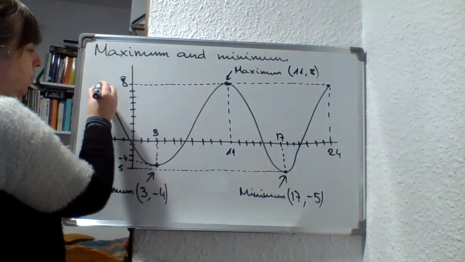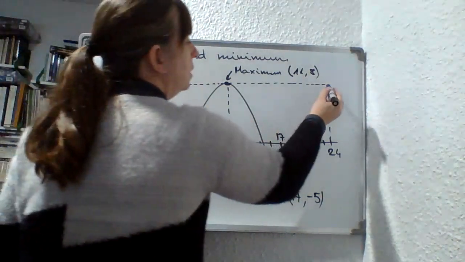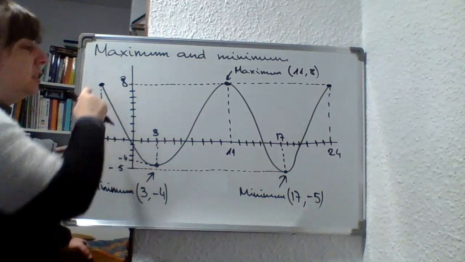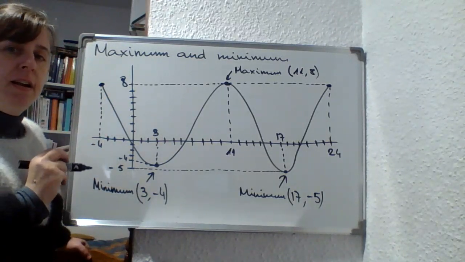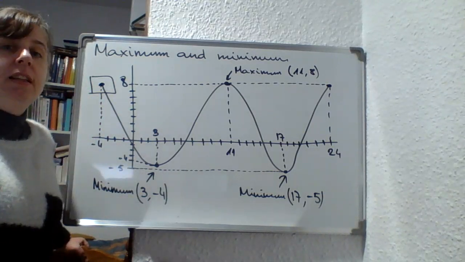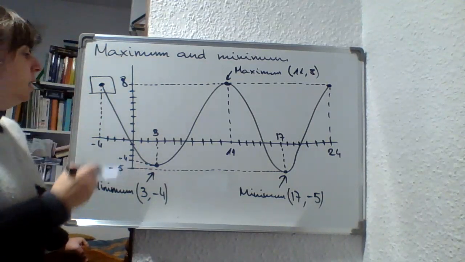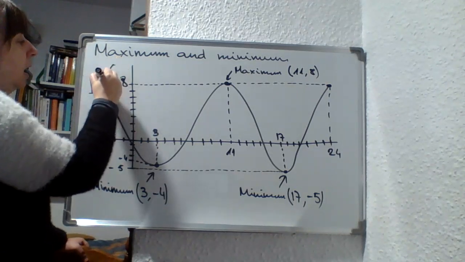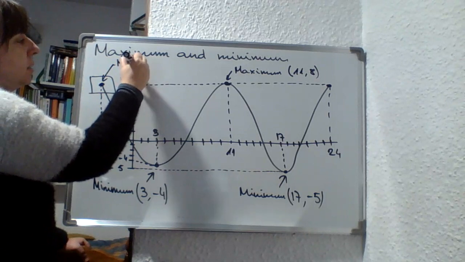But what happened with this point and this point? According to the definition, as the function ends there, this point has a value of the function that is higher than the points that are around. So here I'll also have a maximum